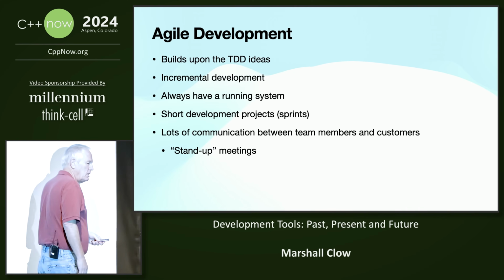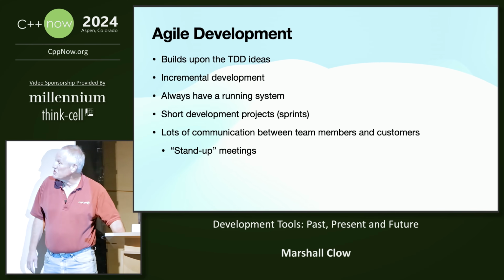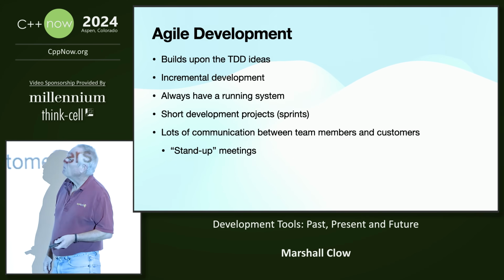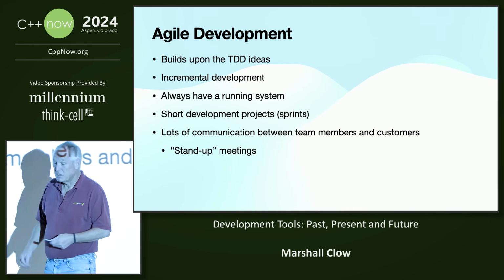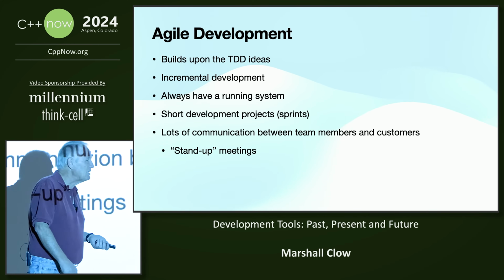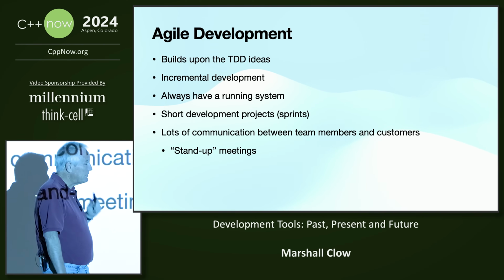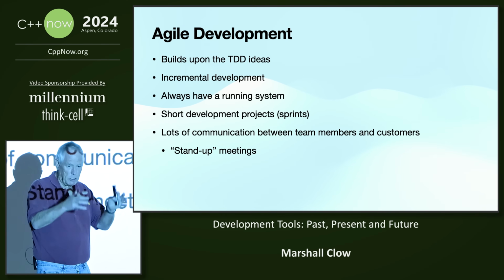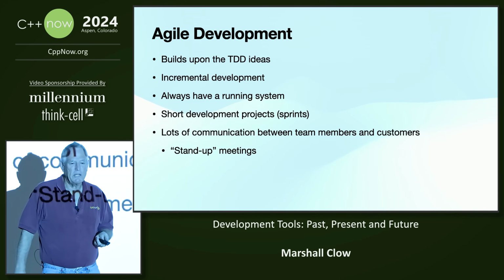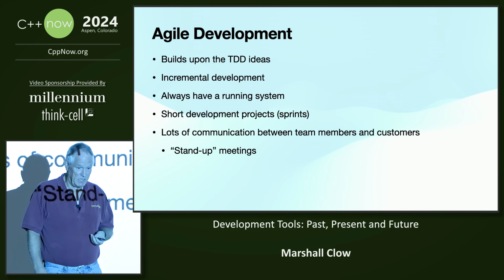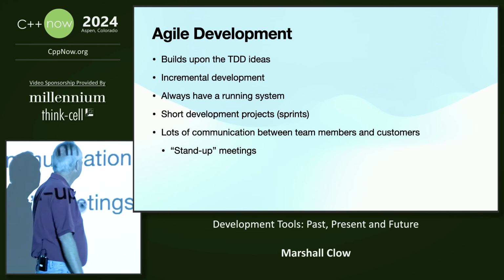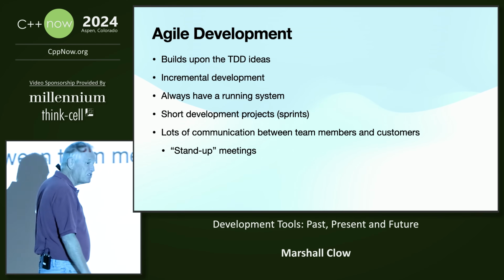Okay. The other half of this, the process improvements that showed up around 2000, was agile development. It builds upon test-driven development, builds on extreme programming. The idea is that you do incremental development. You plan your development in terms of what they call sprints, which is a word I don't particularly like because nobody can sprint all the time. You sprint for a month, and then you sprint for another month, then you sprint for another month. You're sprinting all the time. But always have a functional system,